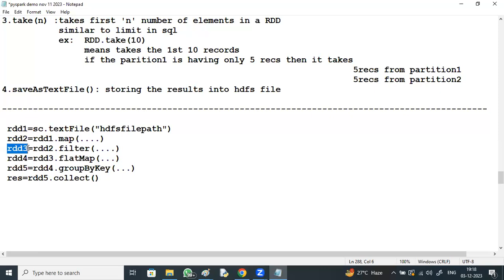To convert a Python object to a Spark object, we need to parallelize. So how do we differentiate then? Is RES a Python object, or is it an RDD, if it is possible? So how are you going to